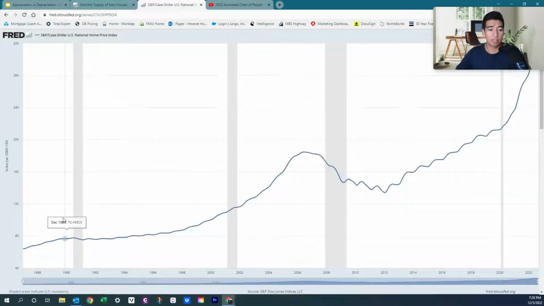And then just for reference here too, we have the Case-Shiller U.S. National Home Price Index. Again, the shaded areas are recessionary periods. So we'll see here in this first one, prices remained flat or slightly negative, but recovered pretty quickly. In 2001, home prices actually went up. And the only significant decrease in home prices during a recession was because that recession was caused by the housing bubble. And there are many factors that went into that. It's definitely a multivariable equation, always just showing that supply is one factor. But their prices went down, and over a long period of time, they recovered.